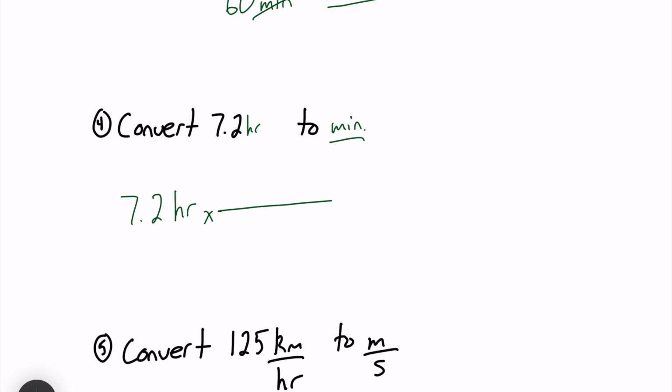We know we want minutes. So again, units wanted must go on top. And we have 60 minutes for every 1 hour. So because 60 is on top, we must multiply by 60. And just check our units here. Hours should cross off. Whatever our answer is, our units will be in minutes. So we just have to go 7.2 multiplied by 60, and you should get an answer of